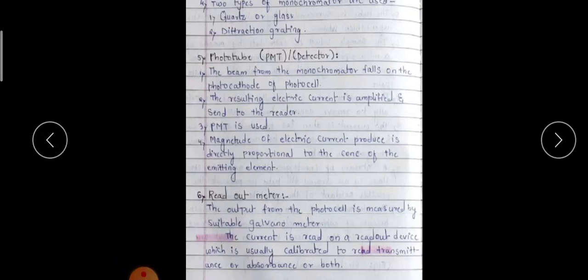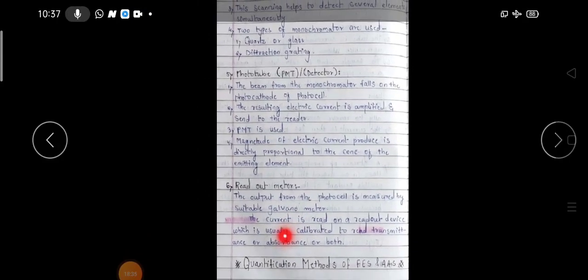In the subjective exam, the question is always based on these parts, or sometimes they may ask to write the different components of the FES and the AAS and explain the components in detail. Such a question comes in the exam. Remember this always. The whole question will not be there because it is too lengthy. It is a 10 marks question, but for 5 marks they may ask to draw the schematic diagram of the AAS, FES, write the different components and explain one of the components in detail for the AAS and the FES. That question may be there in the exam.